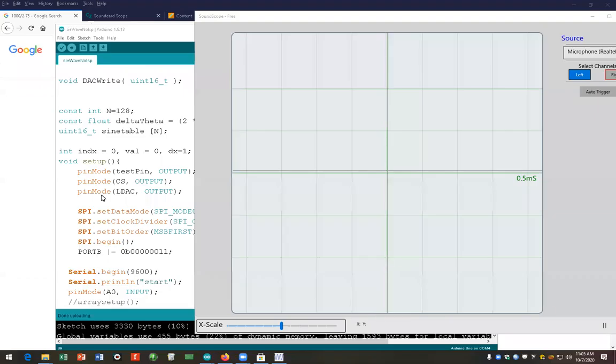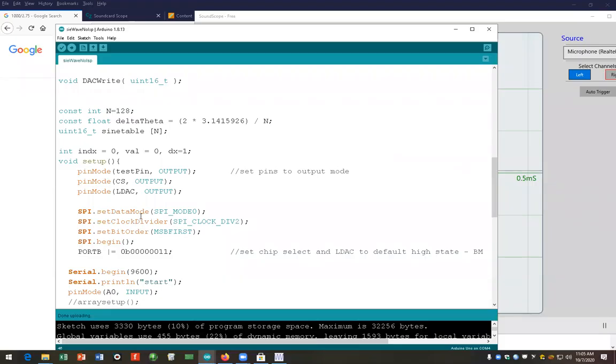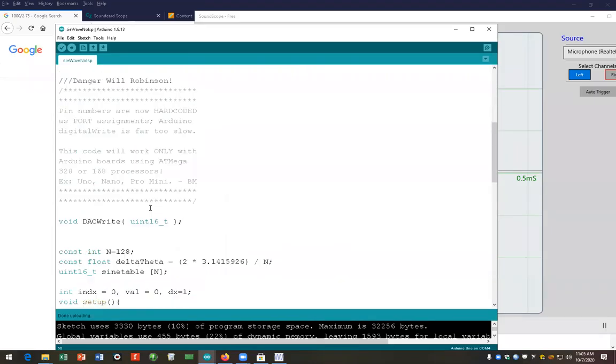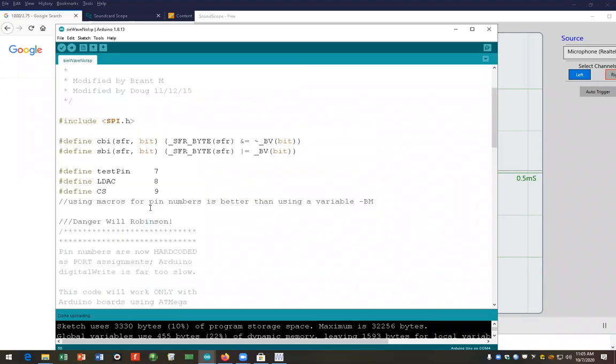All right. So what I did was I took the sample program, which was in the laboratory assignment, and I pasted it into the Arduino IDE. If you look at the code, we can run through it just real quick. There's a CBI macro. What this does is it'll take a register, any register, and set an arbitrary bit in